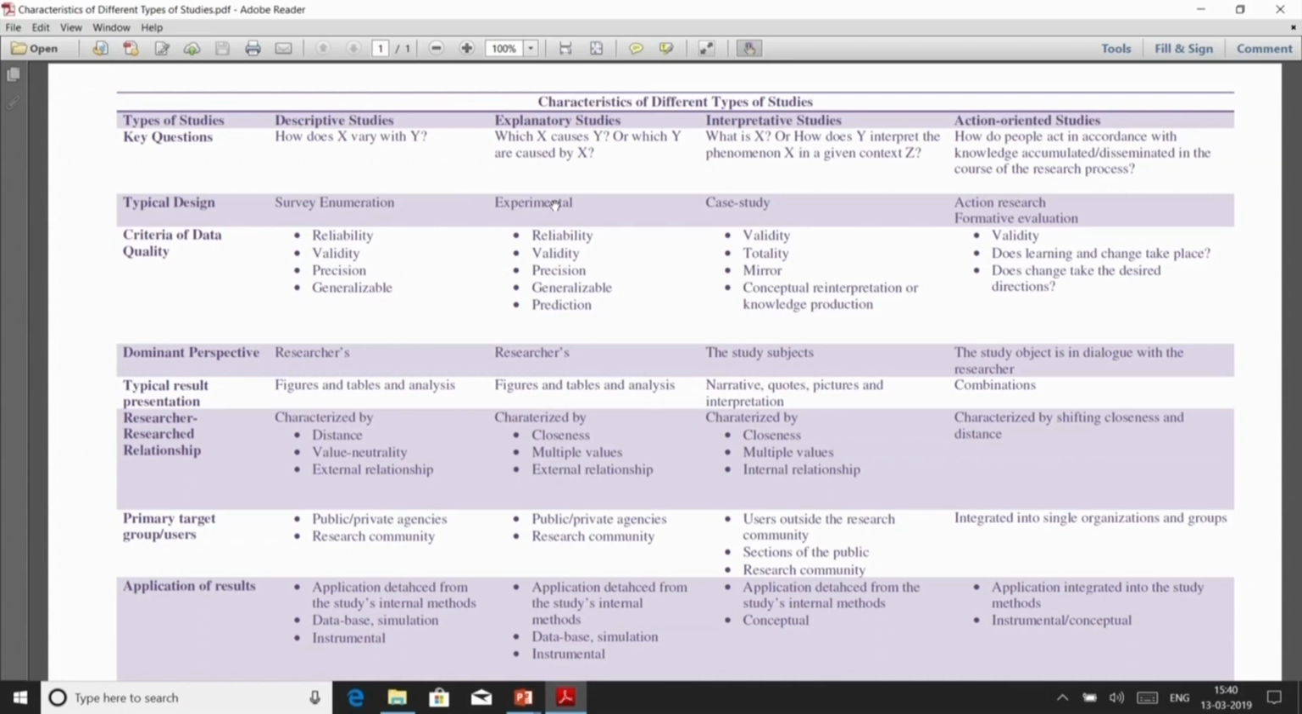So, if there are two variables x and y, let us say y is malnourishment or undernutrition, and x determinants are the age and sex of the people that are being inquired into. So, the basic question could be, how does x vary with y? Explanatory studies are looking at causal relationships between x and y. So, the key question could be which x causes y, or which y are caused by x, which are the actual determinants that bring about